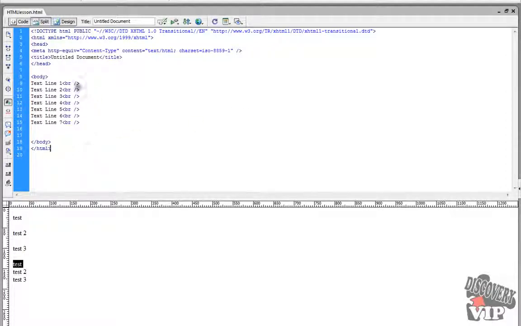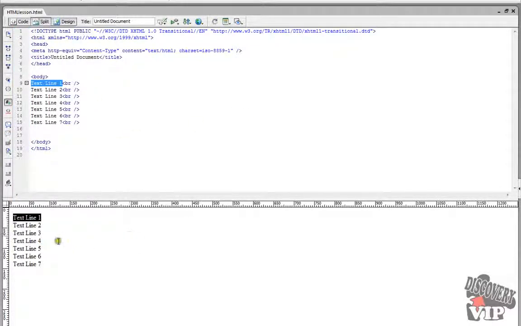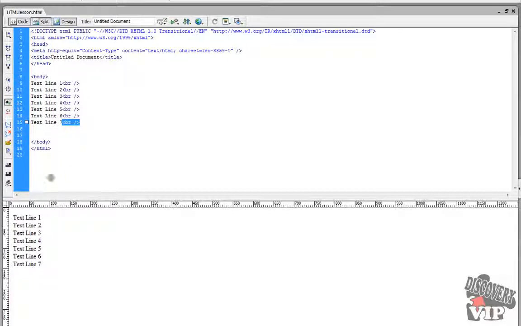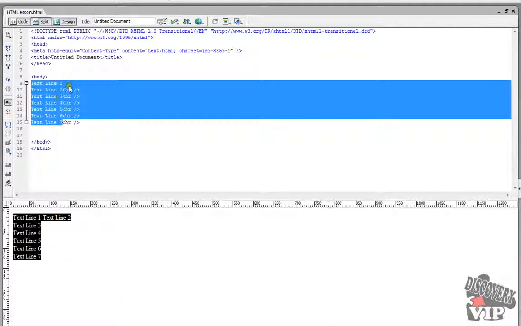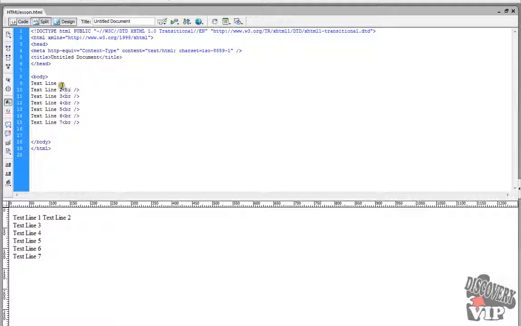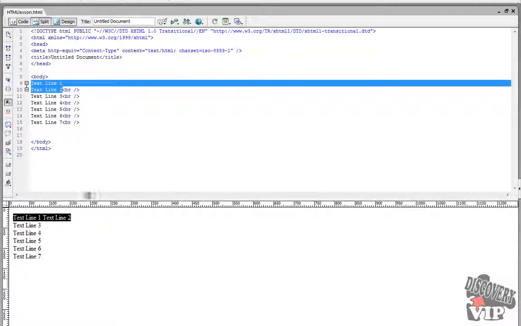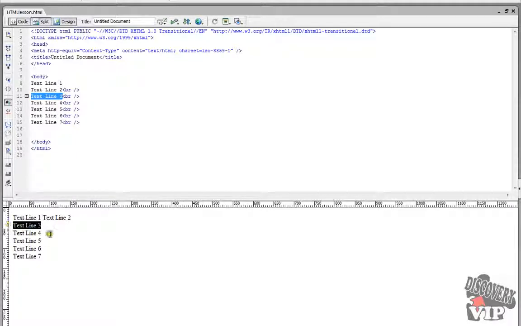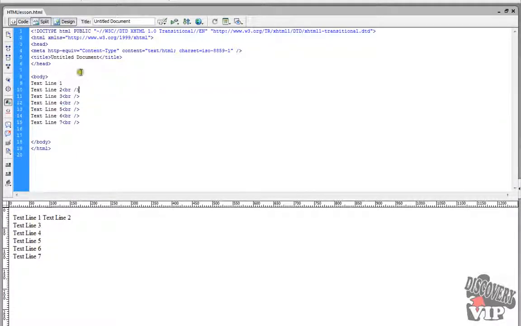Here we've got an example of a whole bunch of different types of HTML that we're rendering out. All this is, is separate lines: text line 1, 2, 3, 4, 5, 6, 7. And as we can see, when it's rendered out by the different line breaks within the coding, this is how the output looks. If we were to remove one of these line breaks, even though we have it nicely lined up in our coding, we're going to see that the output no longer includes that line break. So these two are going to be on the same line, as they are here in our example. And we see that 3, 4, 5 still read the line breaks.